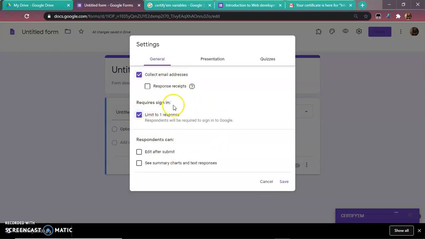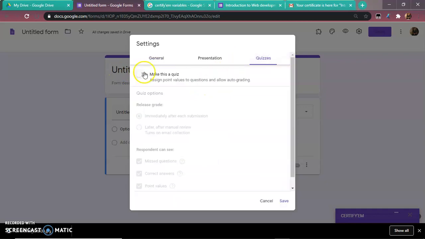Once we are done with this, if you want to make this Google form a quiz or an assessment, we have to go to the quiz settings and click on make this a quiz. Only if you want to make this a quiz, you click on make this a quiz and do the settings as I have done. You can select all these options that I have done.